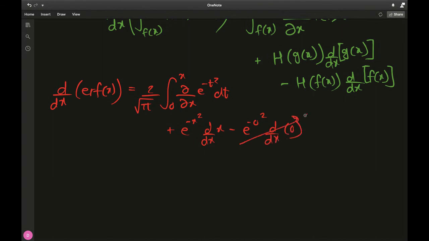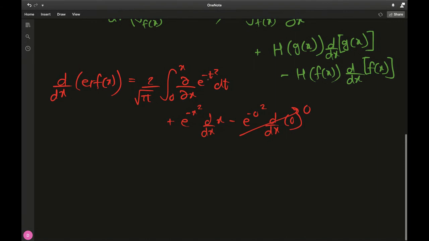So this term will go to 0, and since e to the negative t squared is only a function of t, not a function of x, even this will go to 0, just giving us, finally, the derivative of x with respect to x, which is 1, giving us